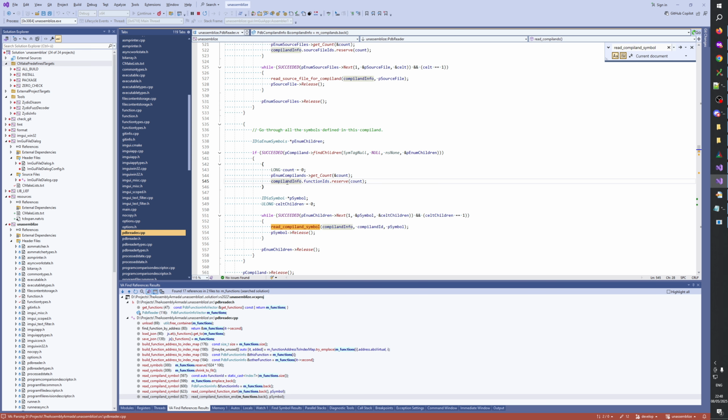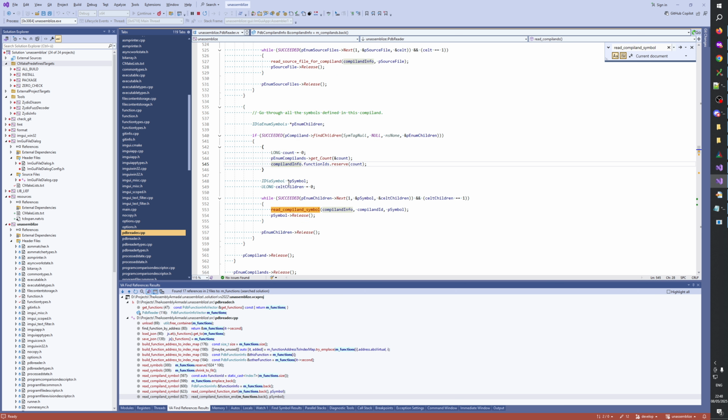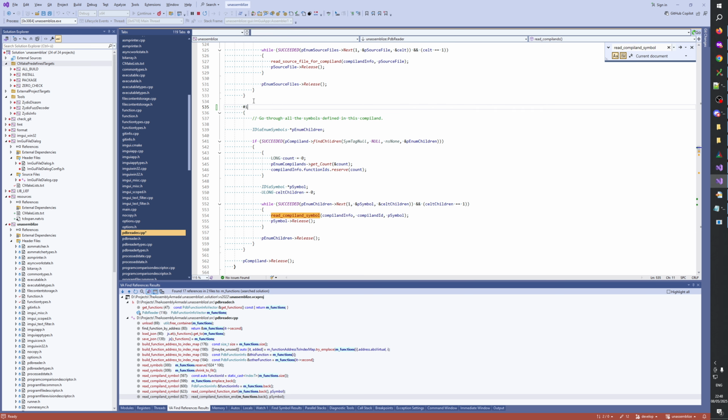Compile the info. Okay, so what if we compile this out? F0 and if